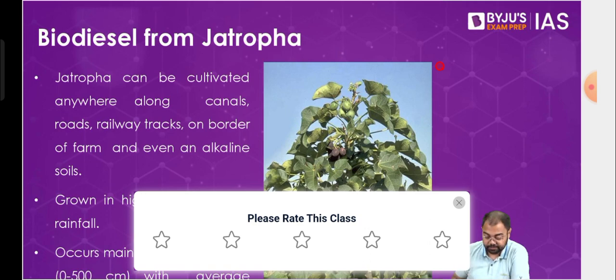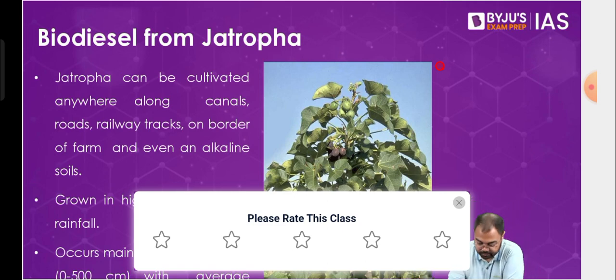Now that all changes later, because the initial years, the early 2000s or even up to 2010, were early years where we were still finding out ways in which biofuels can be used. So that's why these kinds of plants generated a lot of interest. Later on, when we analyzed Jatropha from a commercial perspective, we see that using Jatropha as a primary source is not a viable option for us. It's not a good option.